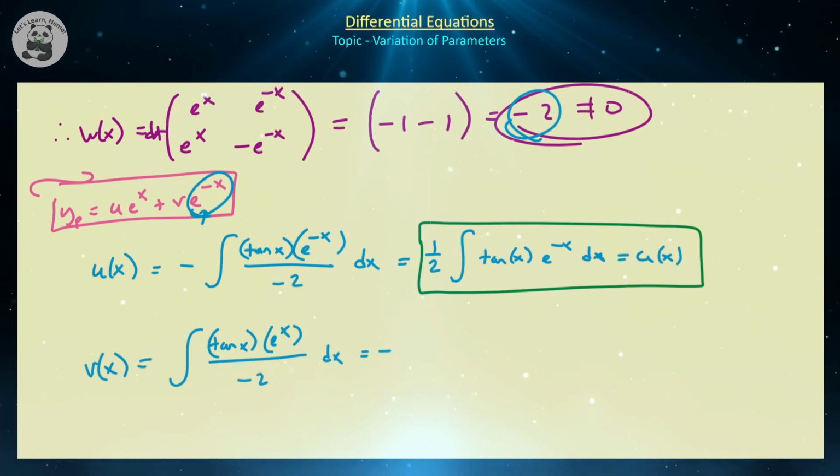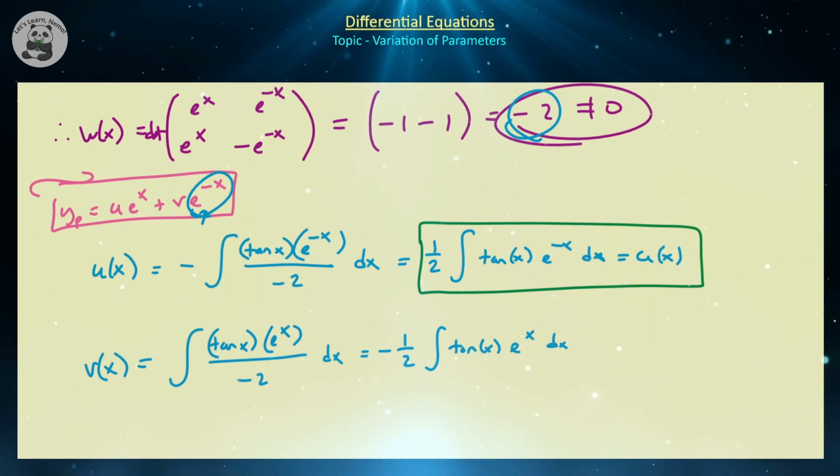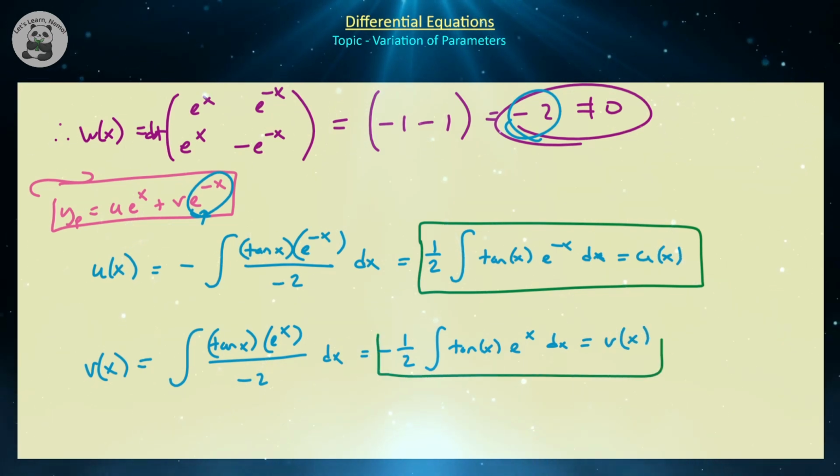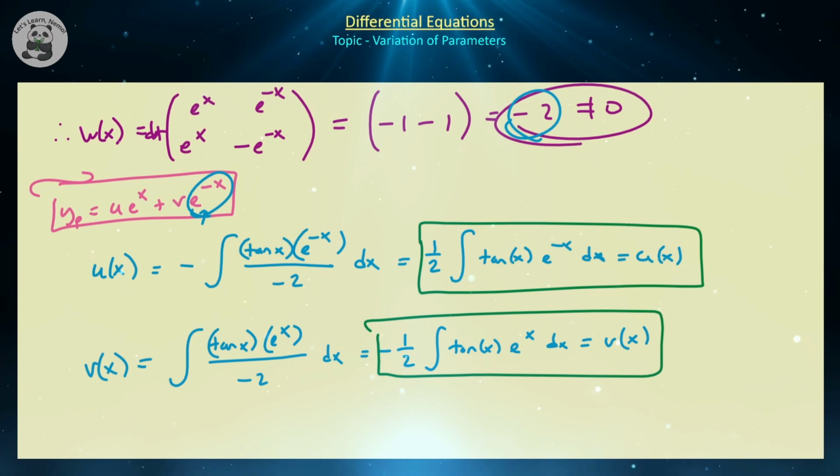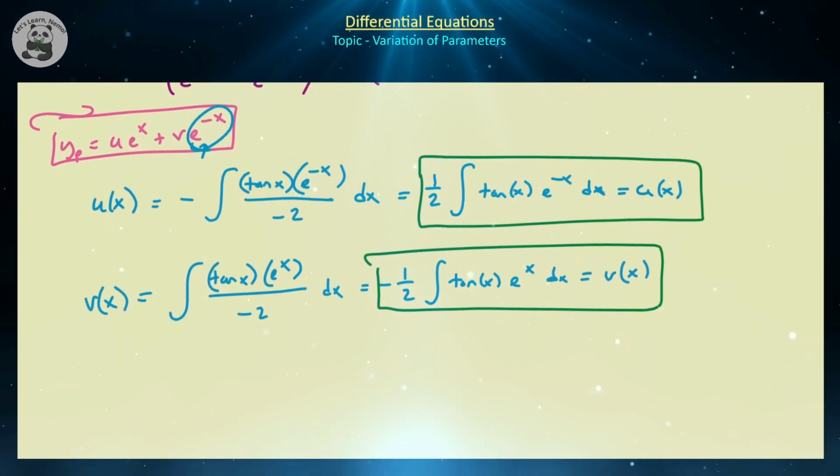And once we clean that up a bit, that's just going to be equal to minus 1/2 times the integral of the tangent of x e to the positive x dx. And that's going to be our v. And you might be wondering, well, aren't you going to do those integrals out? Indeed, I will not, because if you know anything about non-elementary functions, you probably know that tangent times e to the minus x is a non-elementary function. So I would define that to literally be a function called v or a function called u, but nonetheless, that gives you your particular